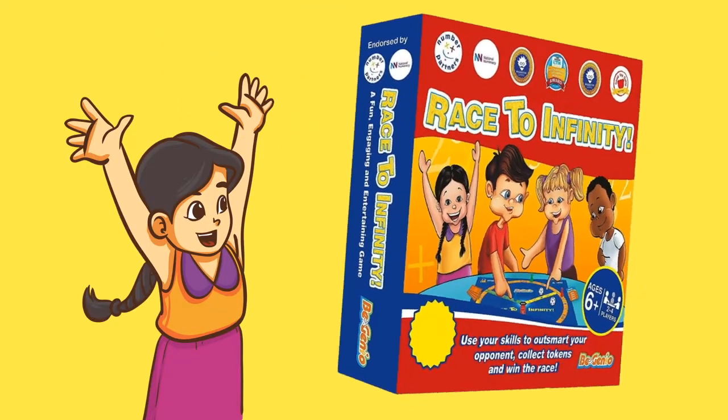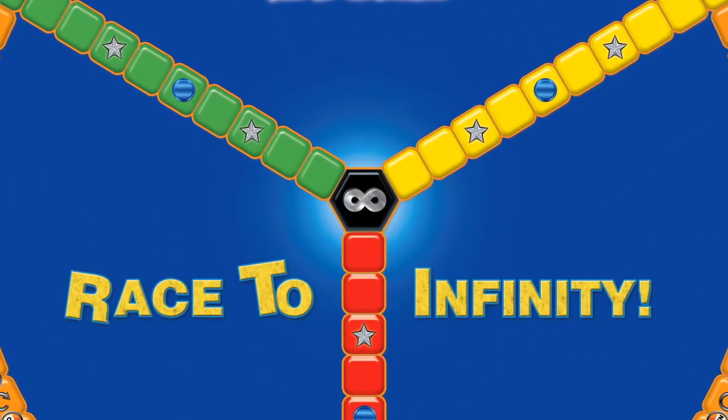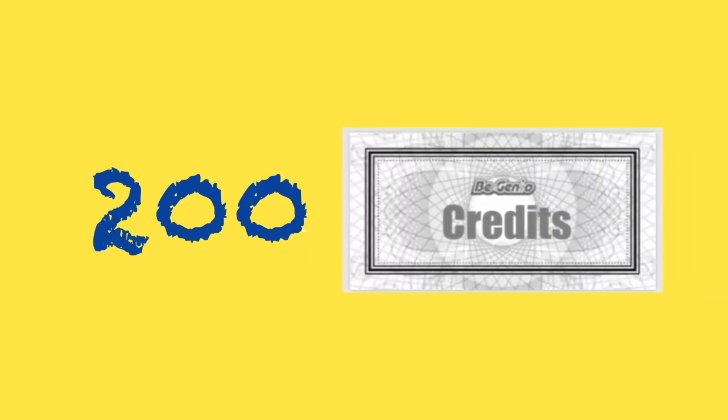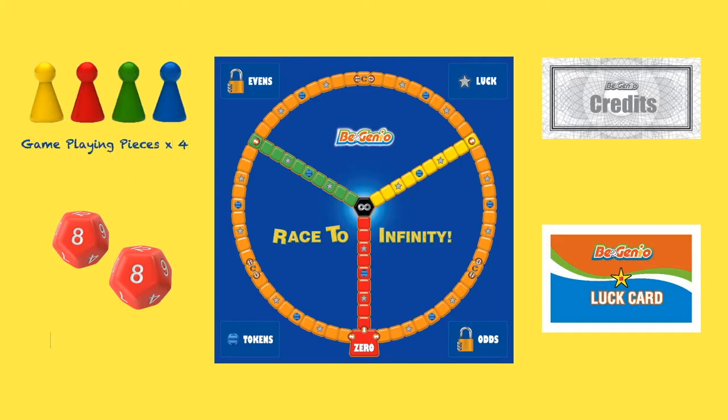Welcome, this is Race to Infinity. In Race to Infinity, you and the other players will battle it out. Through this race game, you want to be the first player to get to the Infinity Hexagon with 200 credits in your possession. You need to collect and keep 200 credits and unlock any color path in order for you to reach infinity. Provided for you in each game are a game board, 4 game playing pieces, 2 12-sided dice,